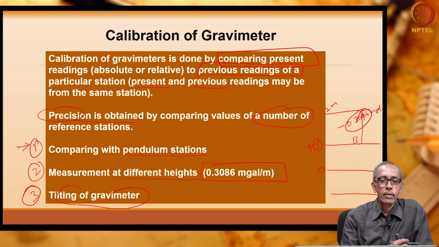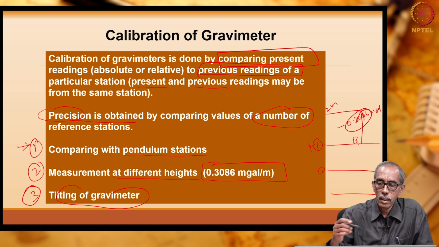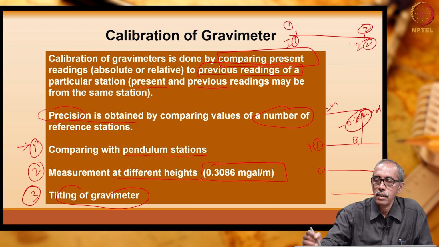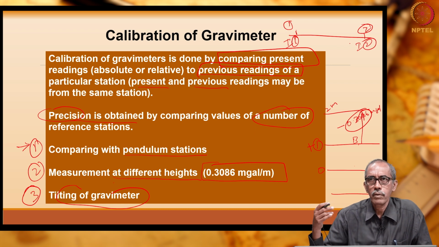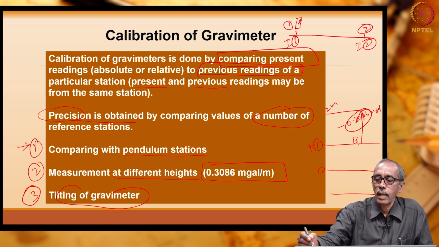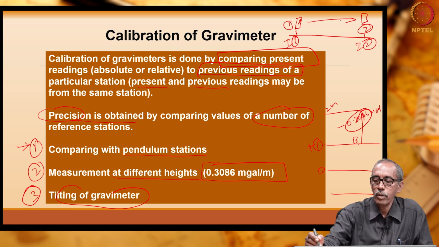I am taking my relative gravimeter to 2 stations. This is station number 1, station number 2. They are all international gravity stations, right. International Gravity Station 1, International Gravity Station 2, or in other words we popularly call them pendulum stations. I keep the instrument here, and then take the instrument here. This is a relative gravimeter. So, I am able to determine the difference between station 1 and station 2.